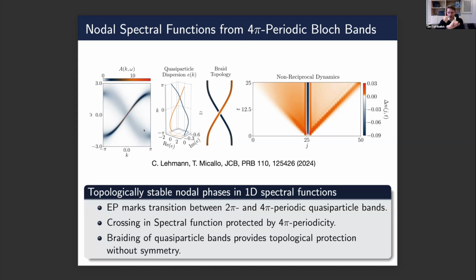So if I close also the gap in the imaginary part, this would of course then amount to an exceptional point where both real and imaginary part are degenerate. So here in this picture, exceptional points actually emerge as the transition points between different nodal phases for the spectral function. And you can see that if there's any non-trivial braiding, then in the actual spectral function, which only cares about the real part, I will always have this situation that I actually cross the gap.